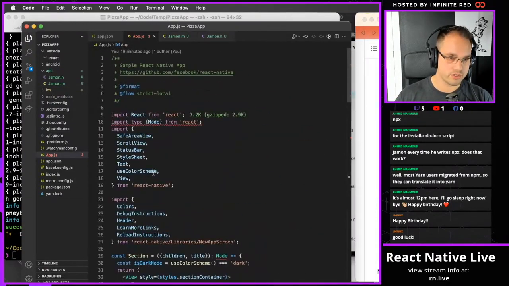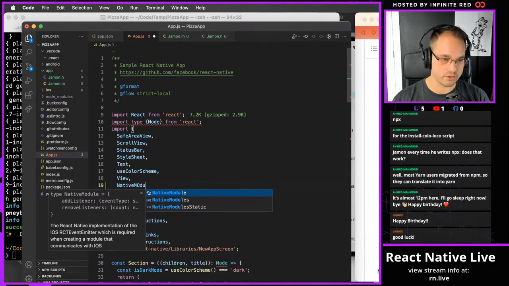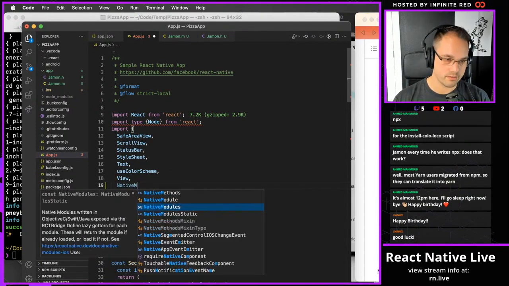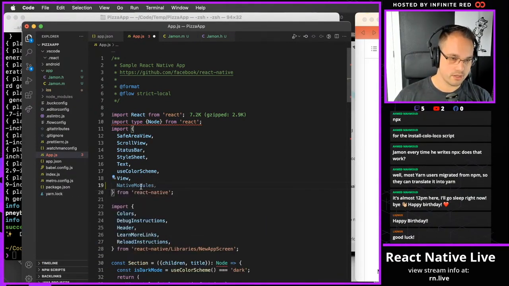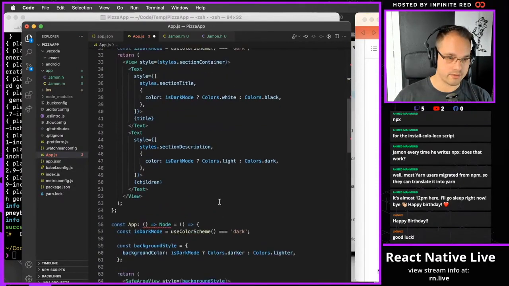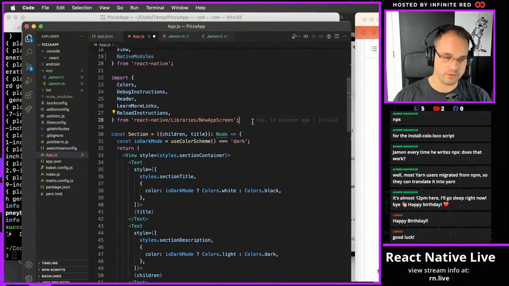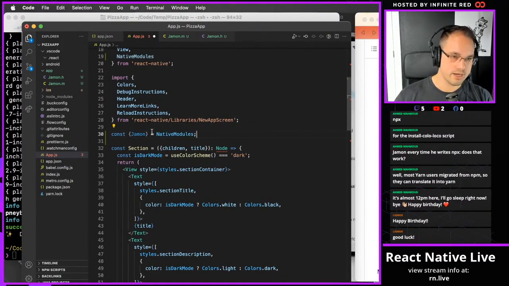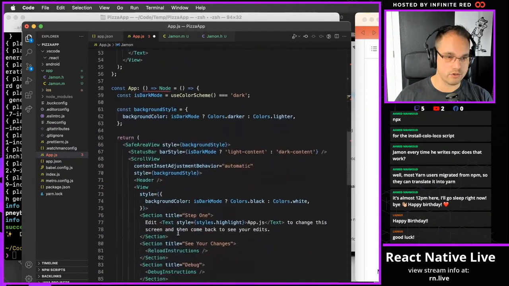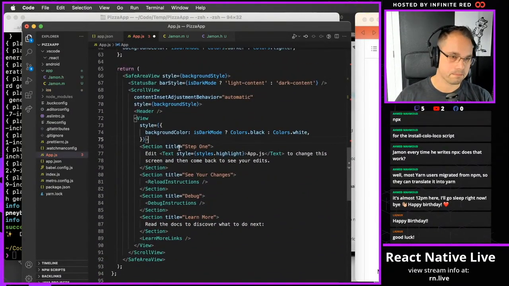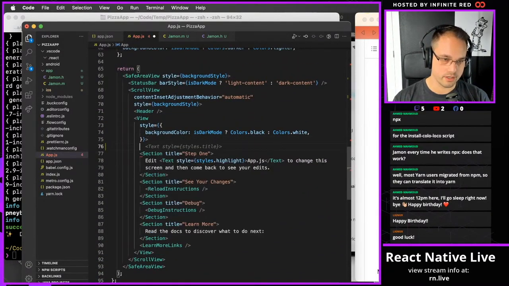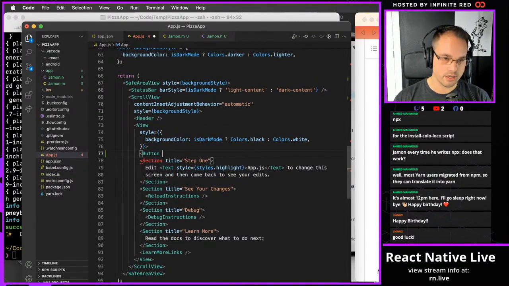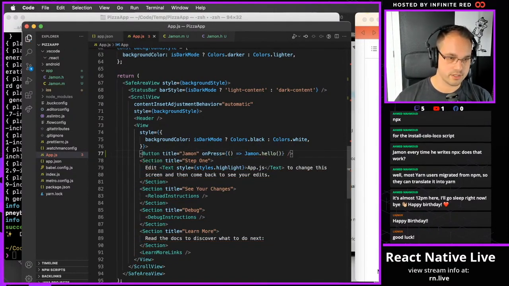So first, import NativeModules from React Native, and then we have to destructure. So const Jamon equals NativeModules. Now Jamon is available, so we need to create a button that we can click. Let's do that by going Button, and then we're going to say onPress Jamon.hello, just like so,